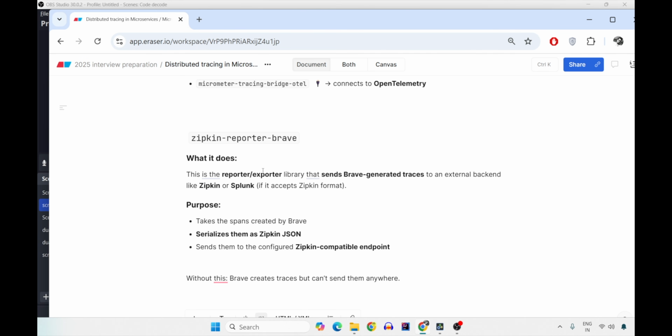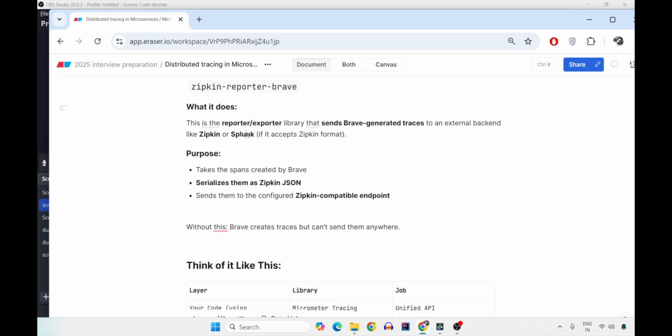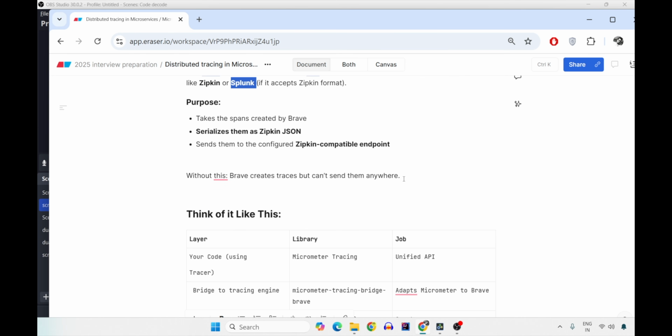So this is the reporter or exporter library that sends the Brave-generated traces to an external backend called Zipkin, or Splunk if Splunk is able to understand the Zipkin format, because Brave is specially created only for Zipkin. So it takes the spans created by Brave, serializes them into Zipkin JSON, and sends them to a Zipkin-compatible endpoint.